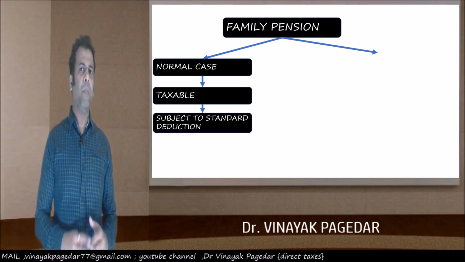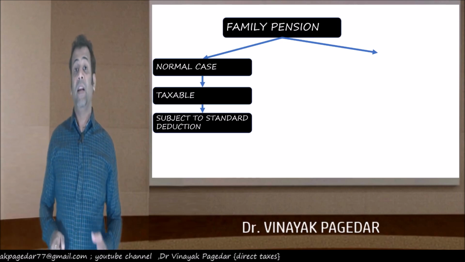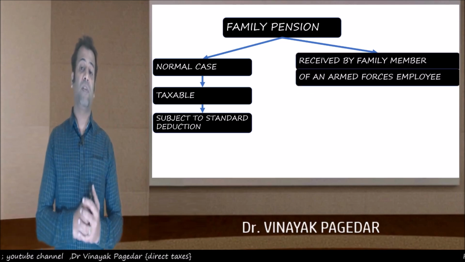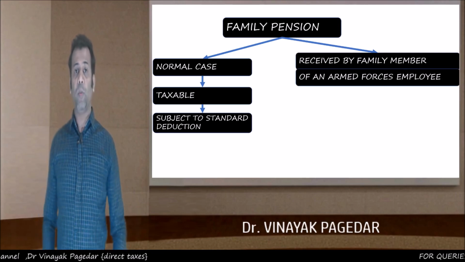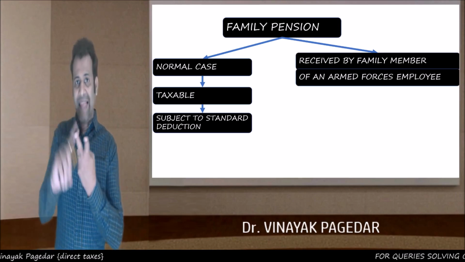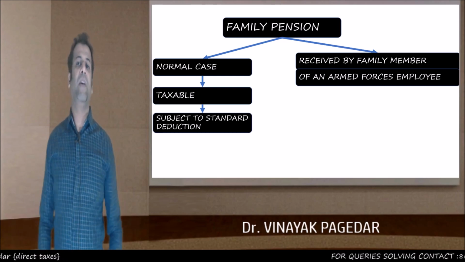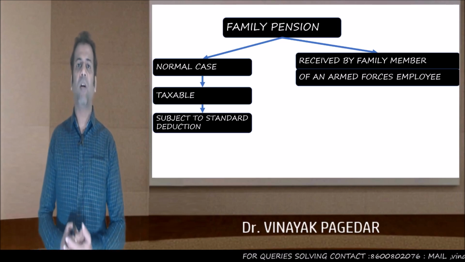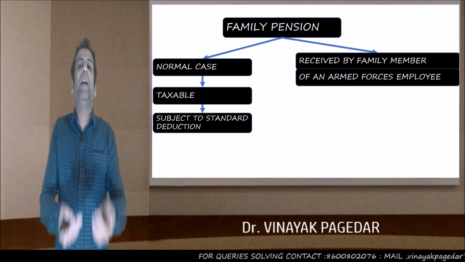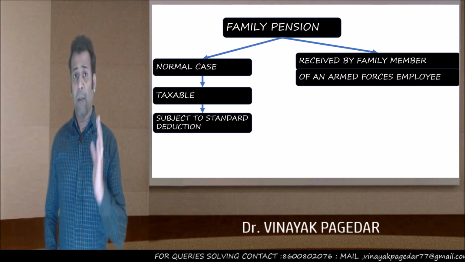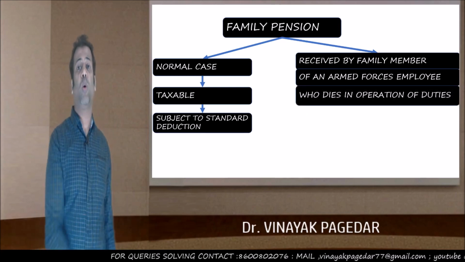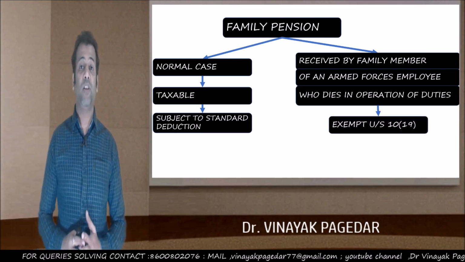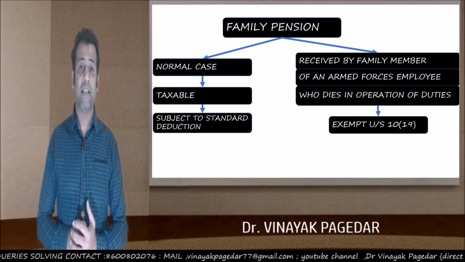However, there's one family pension which will be fully exempt. If the family pension is received by the family member of an armed forces employee. Now here, what do you mean by armed forces? Army, Navy, Air Force and the paramilitary forces. If a member of the armed forces dies and his family member receives the family pension, remember the death should take place in operation of duties under prescribed circumstances, then only the family pension will be fully exempt under section